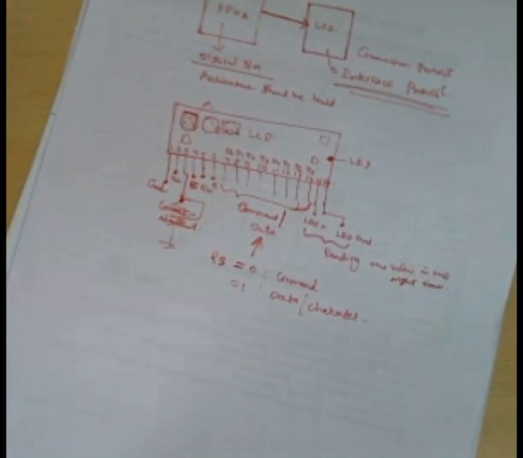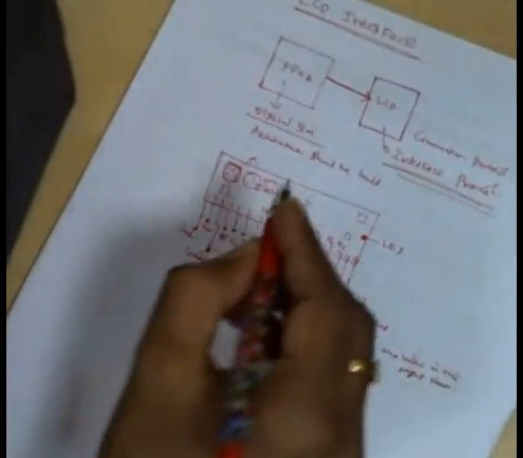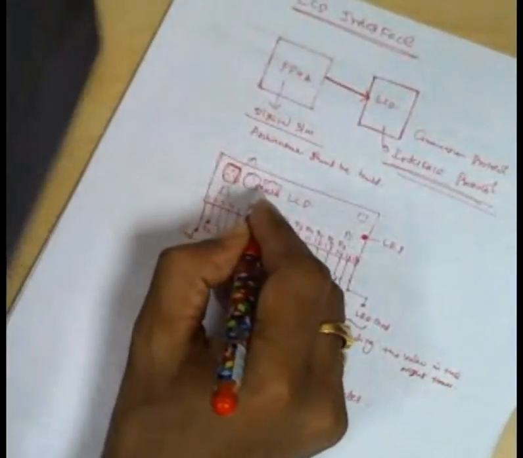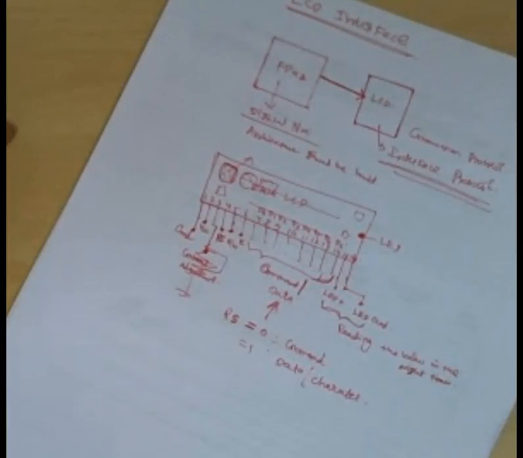So there are some set of commands in the LCD, right? Those commands are required here to prepare the LCD to display the values. Why do we need the command? There is a question now. The command is required for these things. One is whether you want to display your character in the first row or second row. We should inform the LCD.